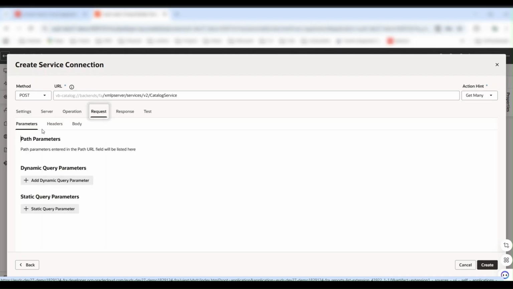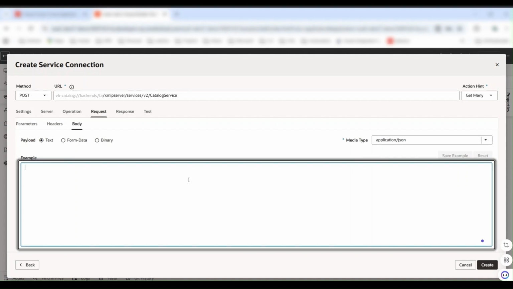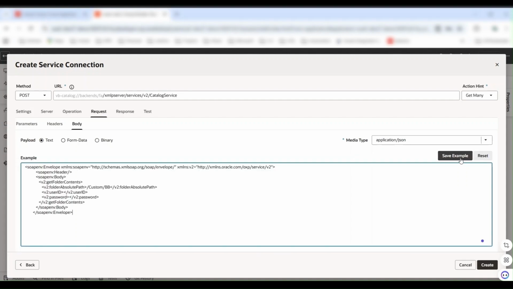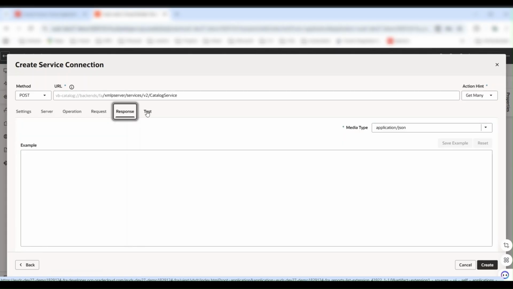Go to request. In request, we need to provide a body. Okay, I have a body with me. Let me take the body and paste it here. The report path and all those things you can change in runtime also. We can provide the things in runtime also. Let me save example. Now if you go to response, you need to give the sample response, but